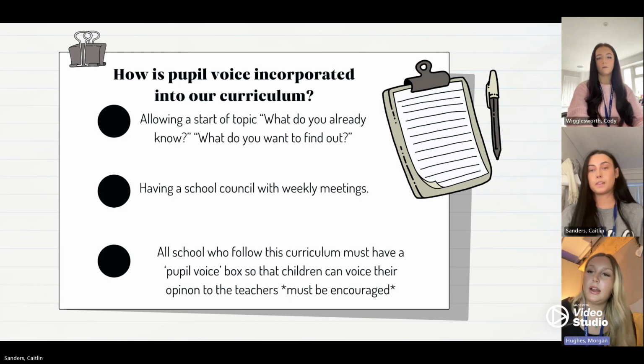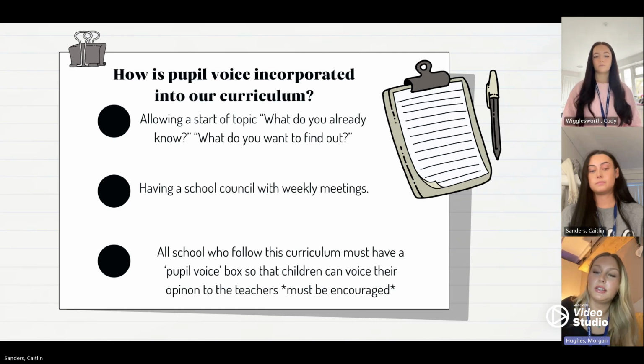This will be shown by allowing a start-off topic, what do you already know, whiteboard activity, and what would you like to find out. This allows the pupils to engage on what they find most interesting about the topic, whilst also following the curriculum. They can teach what the children want to know in ways of areas of learning and experience. We have taken inspiration from the teacher Beth at Gwymiskin Primary School, as it seems to be an effective way to produce pupil voice.